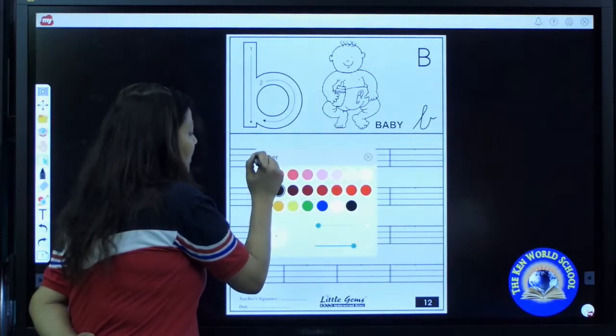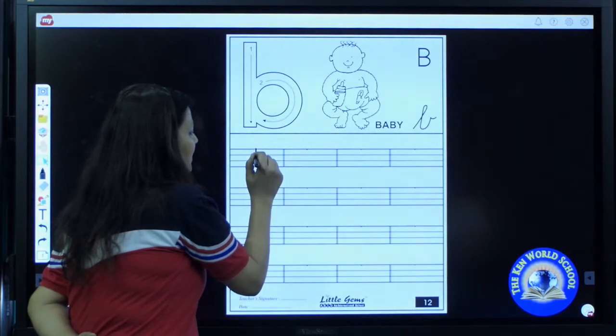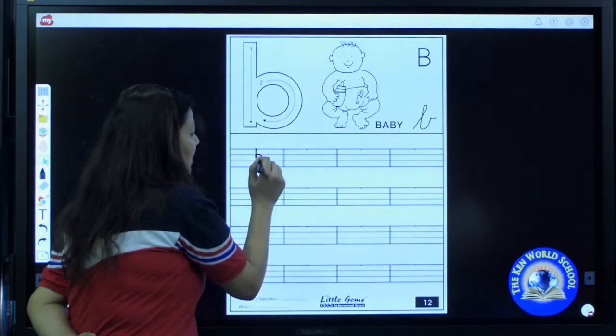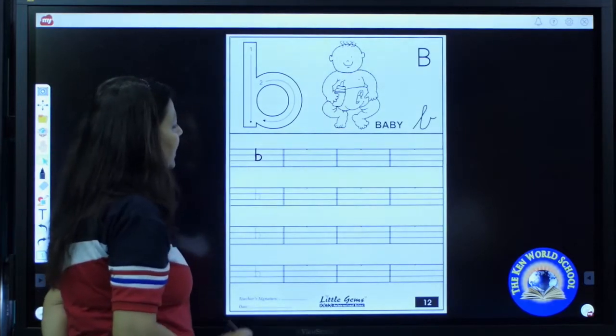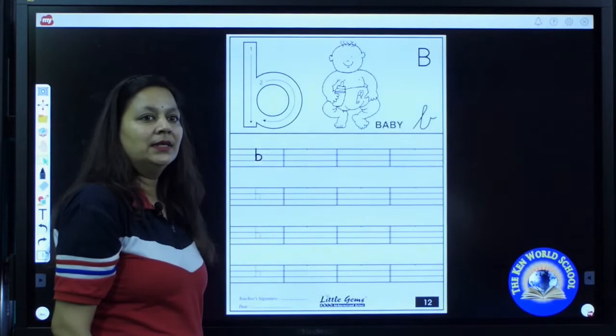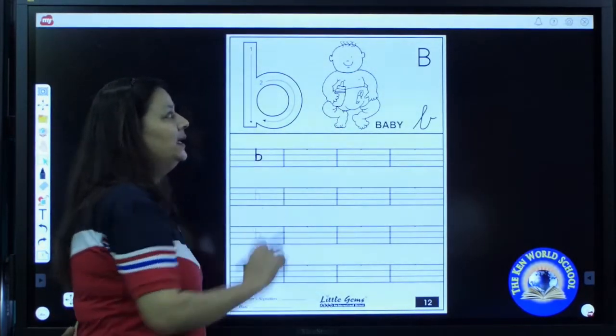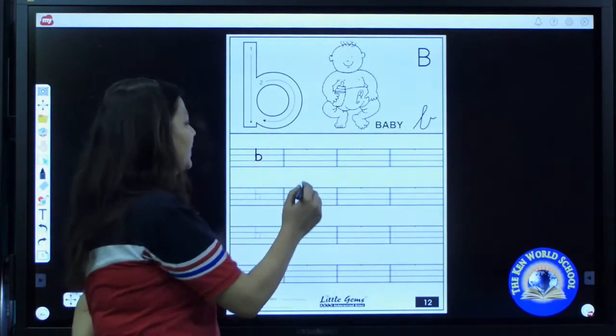Up to down we will draw a standing line. Come back till middle line. Now draw a right curve and stop on the base line. B says B. B as in baby.